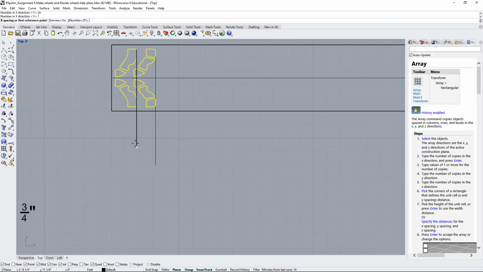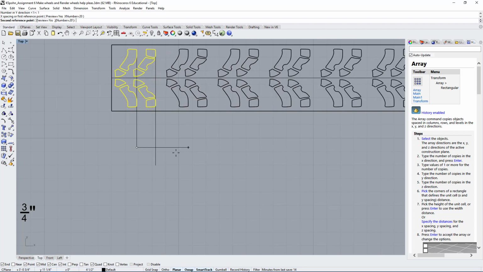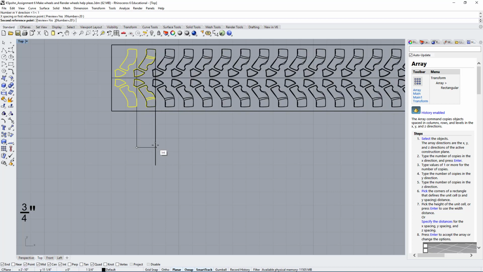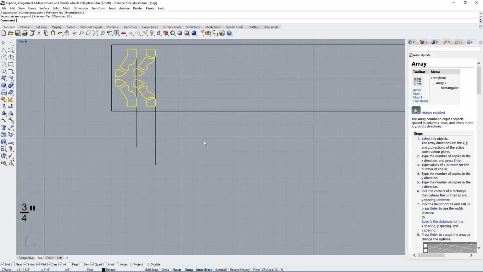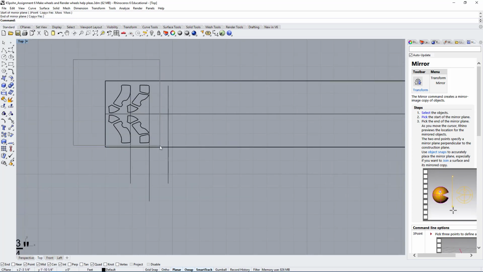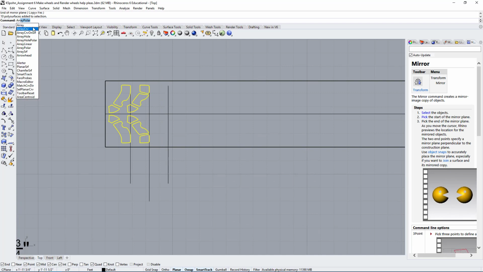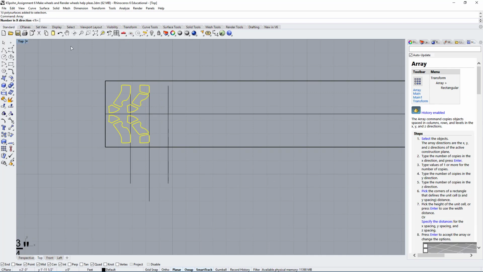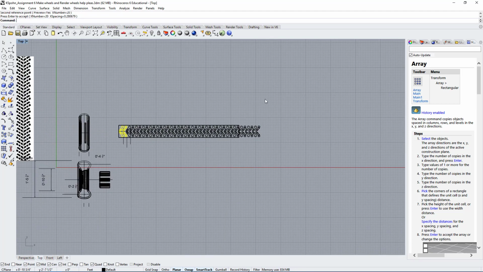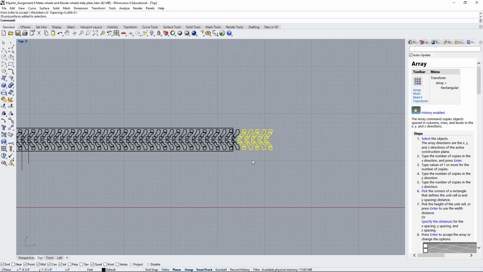So the spacing is from this point to this point, and it looks like the spacing is going to create some issues. We want it to be twice as much. So that's my mistake, but to fix that I can mirror this proportion to the other side, so now it's twice as long. And let's repeat the process. Array, press enter, and for the X we want 20 repeats. Y1, Z1, press enter twice, and this is the spacing we want. Okay. And here it is, so we have more than we need, so that's okay, we can delete that.